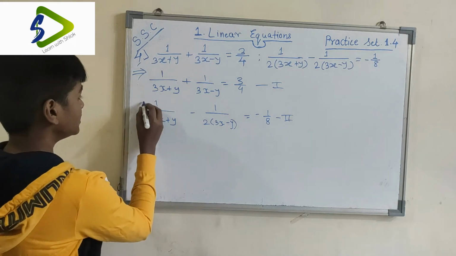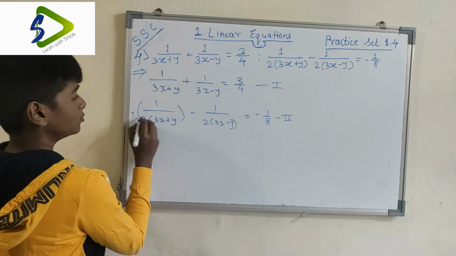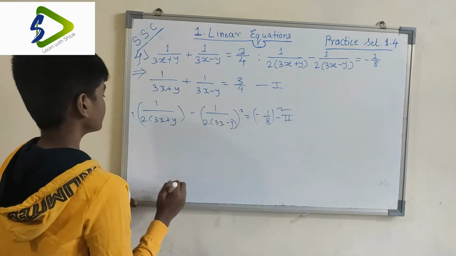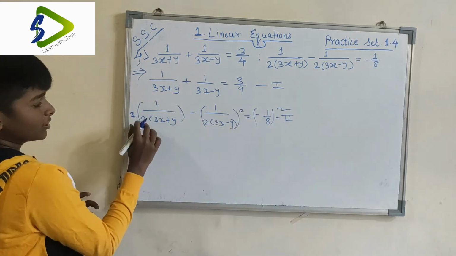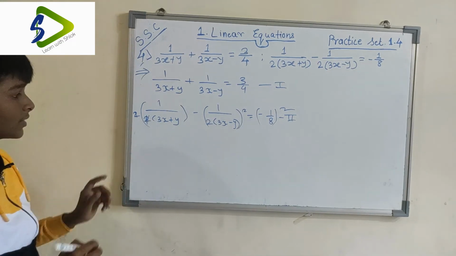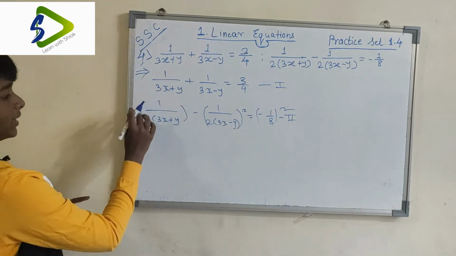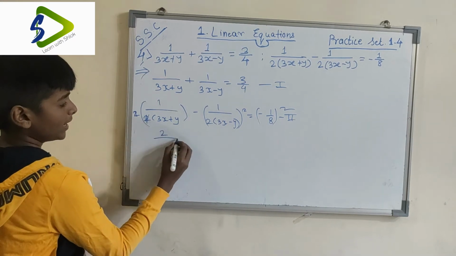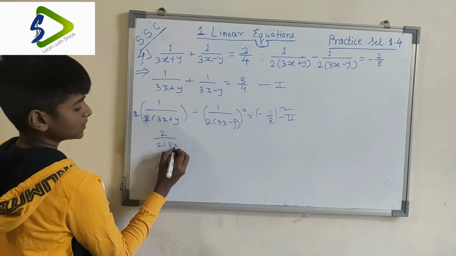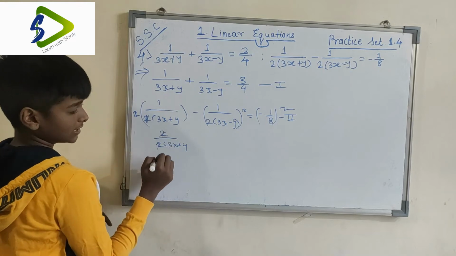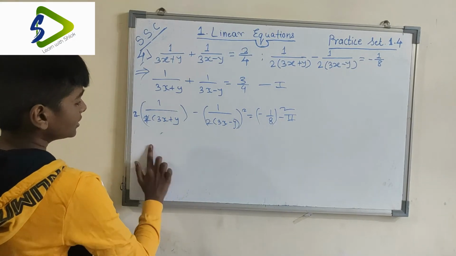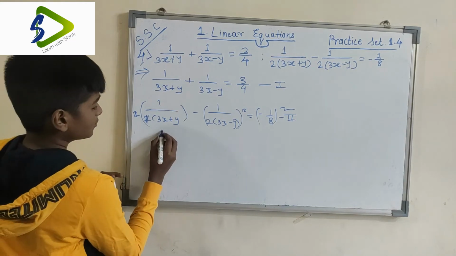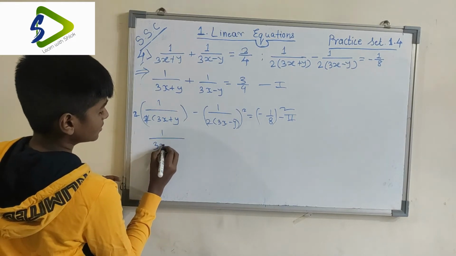So if we multiply this equation by 2, we have to multiply this both by 2 and this also by 2. Now if you multiply this by 2, you can cancel this 2 over here, because if you multiply this by 2, you get 2 by 2 times (3x plus y), and this 2 and 2 get cancelled. So our equation becomes 1 by (3x plus y)